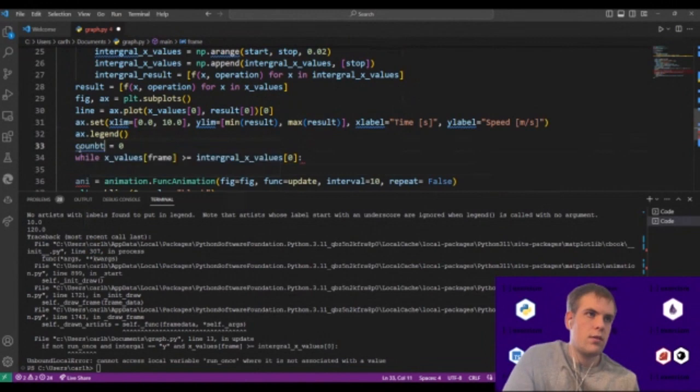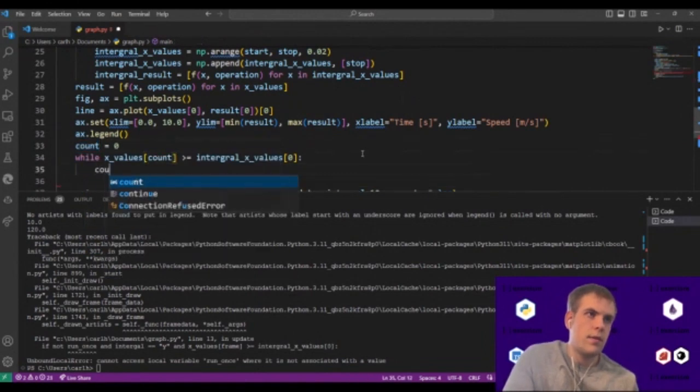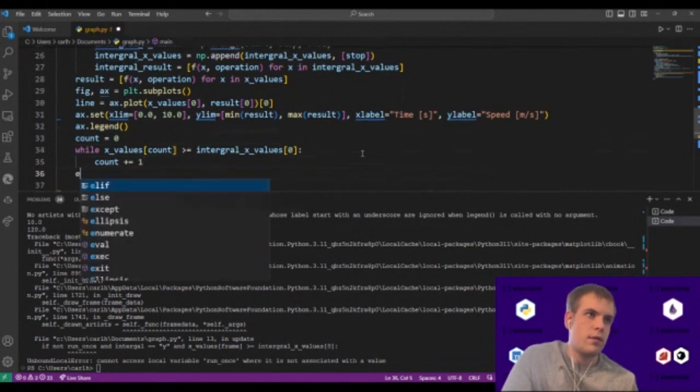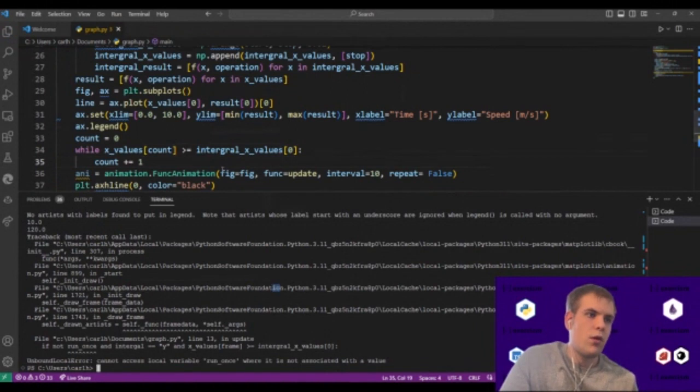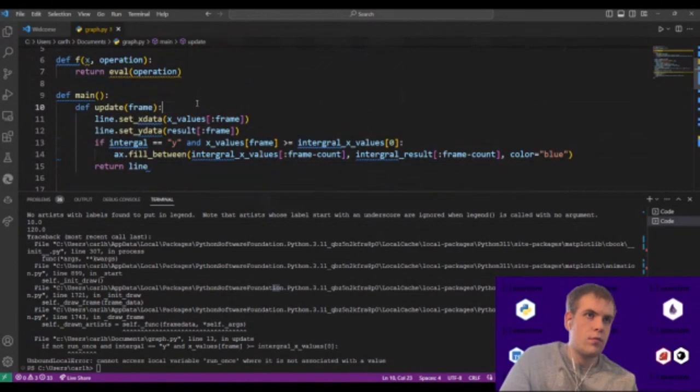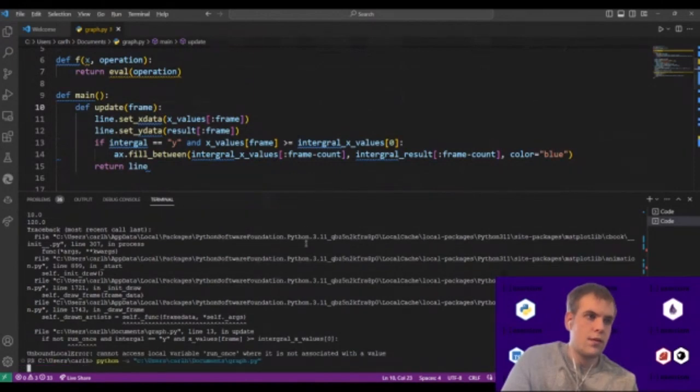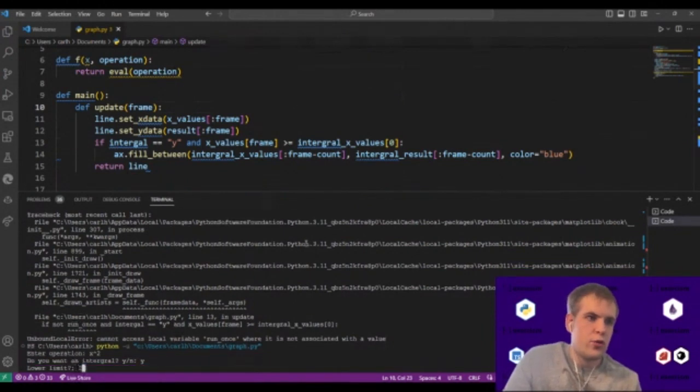With the count actually. Then we do count plus 1, and voila. Okay,